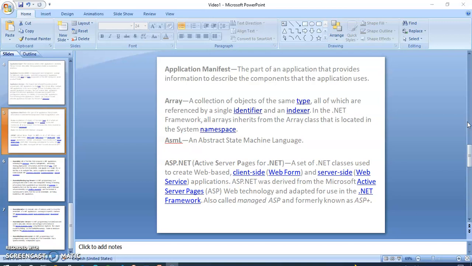ASP.NET was derived from the Microsoft Active Server Pages ASP web technology and adapted for use with the .NET Framework, also called Managed ASP and formerly known as ASP+.